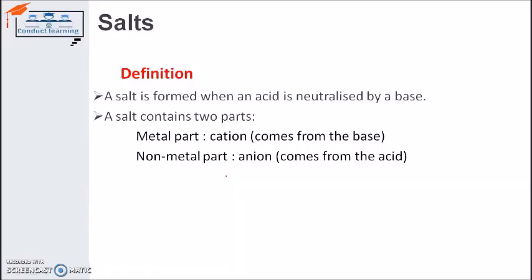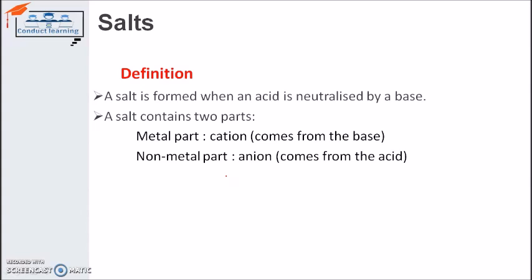A salt is basically the product which is formed by the reaction between acid and base. That means to say, when acid reacts with a base, they form a salt. Or it is written there, a salt is formed when acid is neutralized by a base. The three lines give the same meaning. So if we want to have a salt, we need one acid and one base. And when the reaction takes place between them, they form a product. That product is a salt.